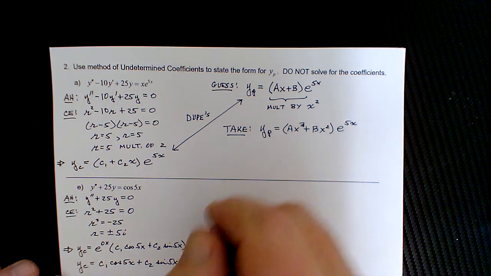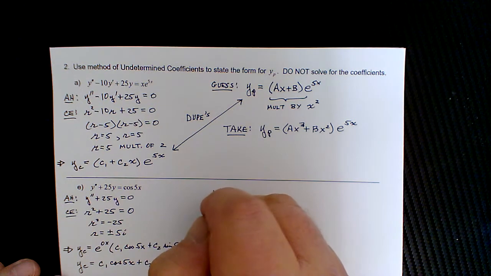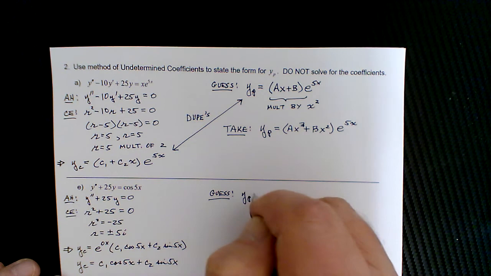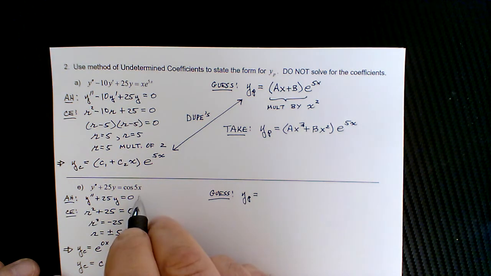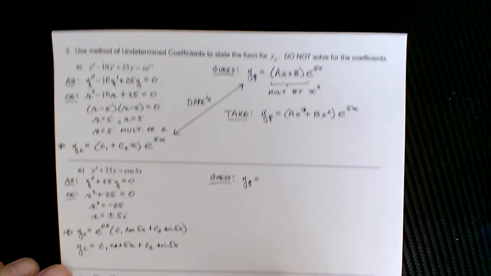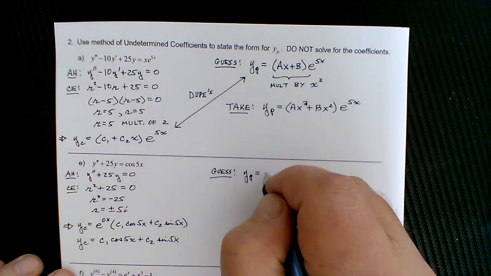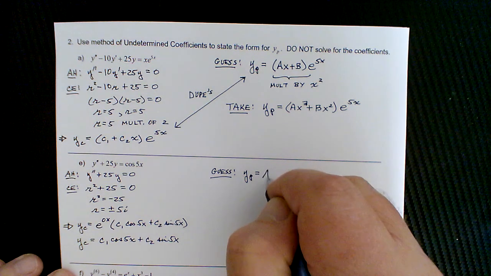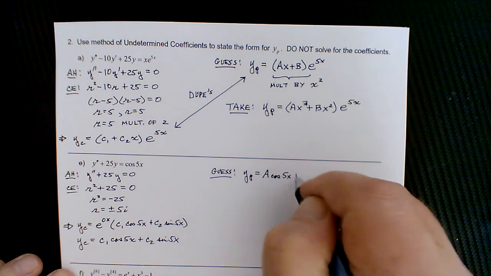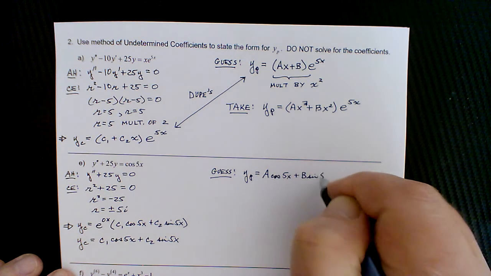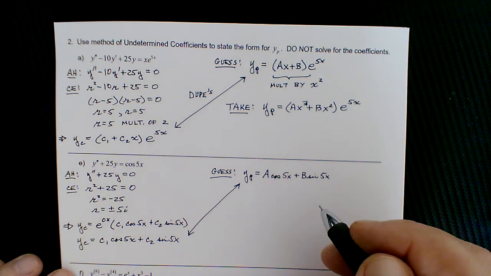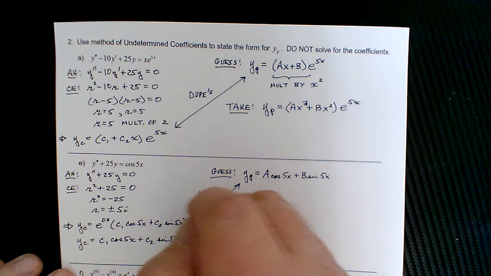Okay, and then if we look at our function, our guess is going to be for cosine 5x, we have to include both. Remember, if there's sine or cosine, you have to include both no matter what. So we'll consider choosing a cosine 5x plus b sine of 5x, but then when we make our comparison between y sub c and y sub p, we see there are duplications,